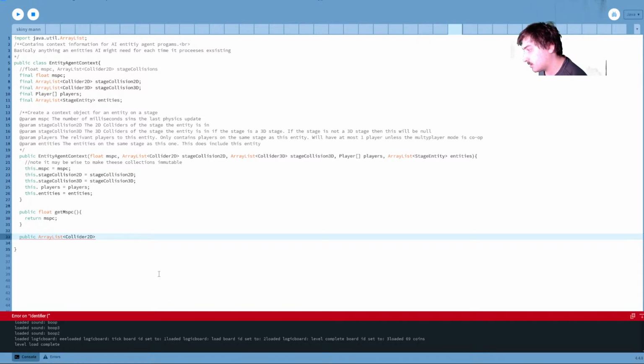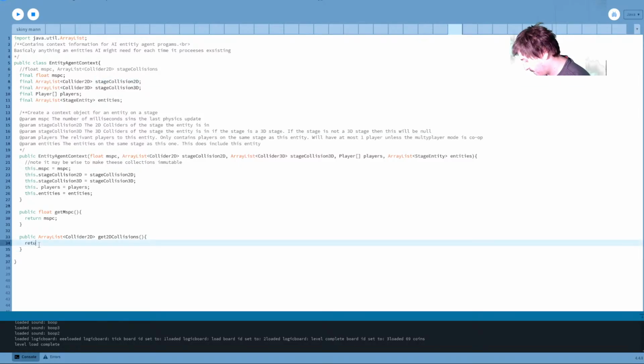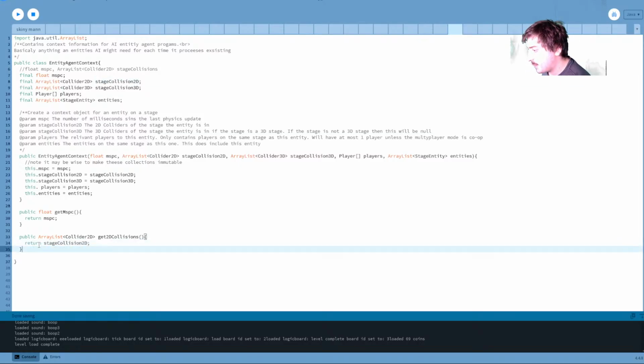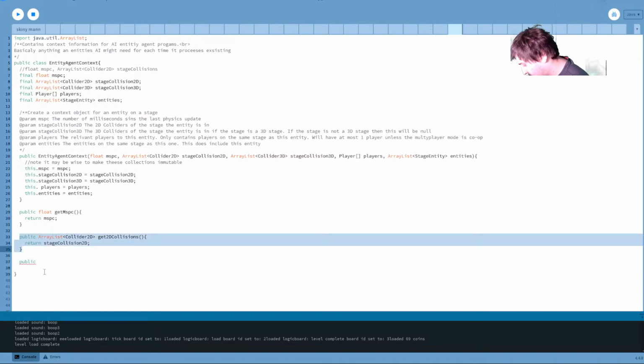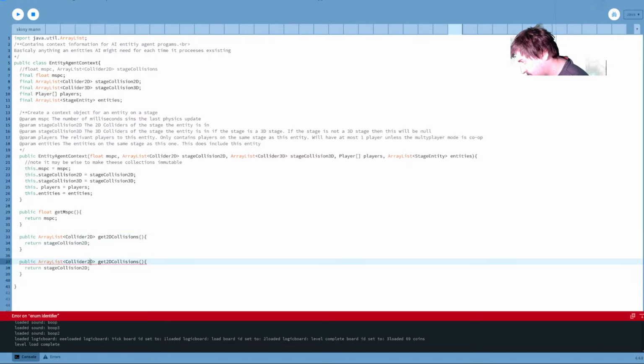Public collider 2D get 2D collisions. And then basically this is the same thing except for 3D again.